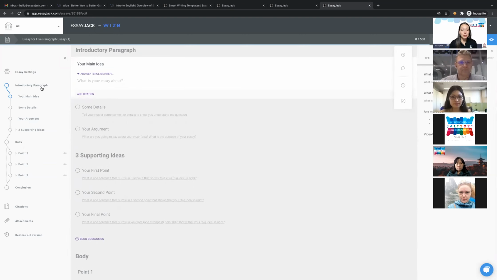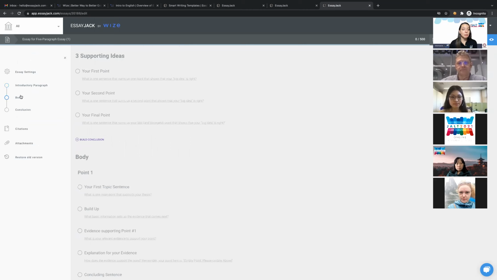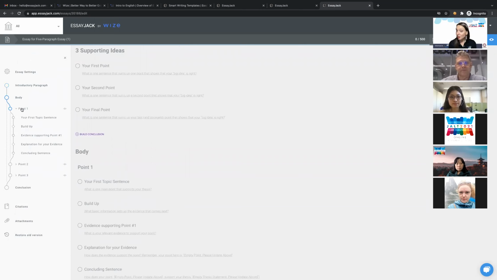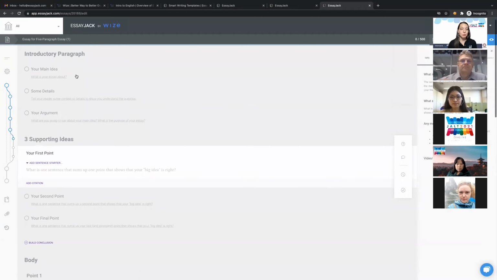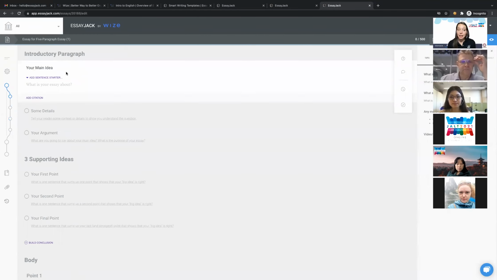So it's got the introductory paragraph, their main idea, details, the argument, the body section, which is broken down in this case for a 5-paragraph essay. Of course, we've got 3 body paragraphs, and point 1 has a topic sentence, build up, evidence, explanation, and concluding sentence. And so the student can see their sort of essay in miniature through the template. And they may start writing with the sentence starters. This essay is about